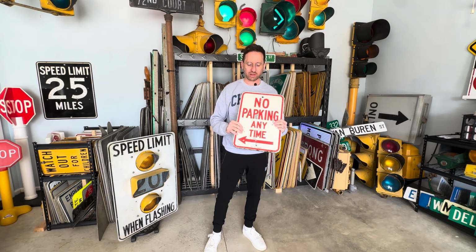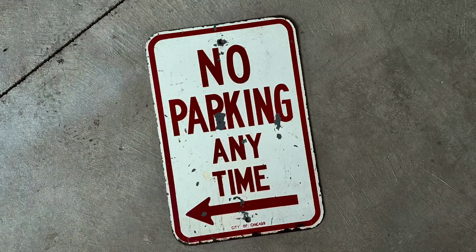To get started updating my sign wall with this theme, I want to be really clear about what I am going to be looking for today. So I've already pulled out a few signs to get me started. Really what I'm looking for in my collection are signs that have the city of Chicago printed down at the